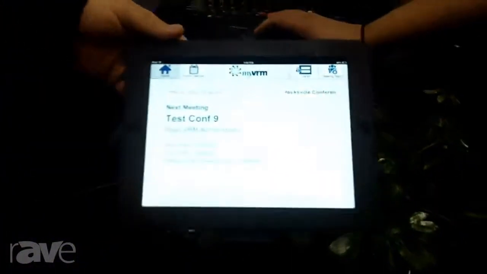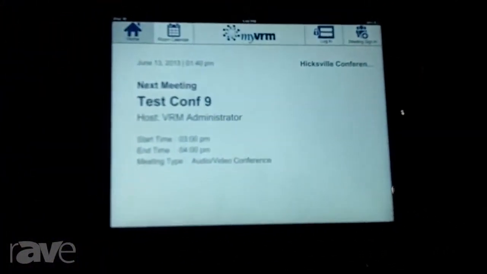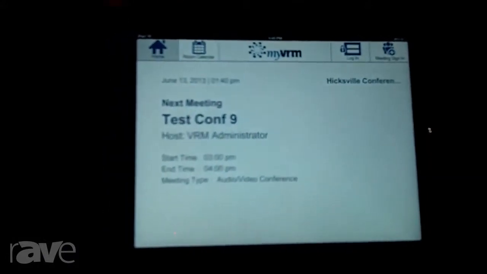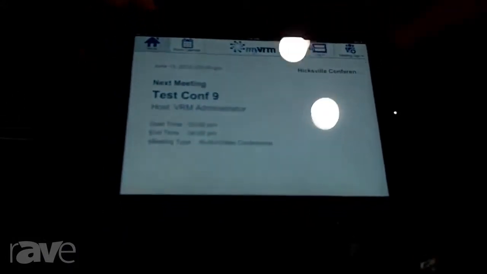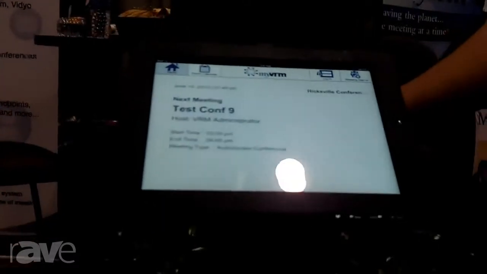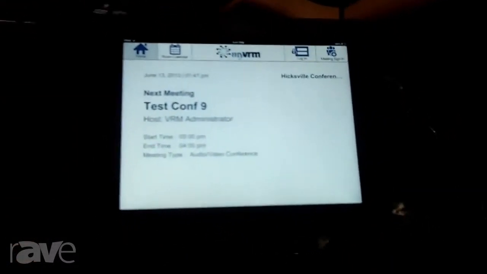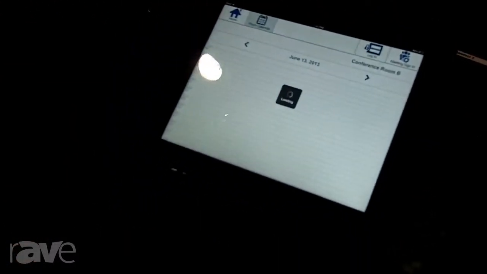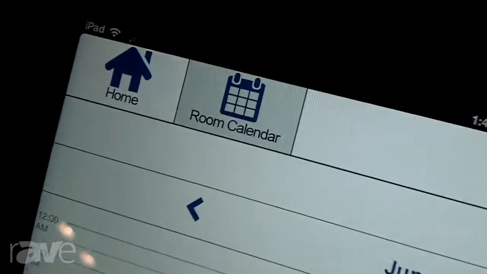Thank you so much. Oh, one last thing. We do have full mobility. So you can have an iPhone, iPad, or Droid. And the iPad now is being used as panels outside the room. And people can be able to look at the calendars, see what's going on in the room, and do the various ends, all from simple